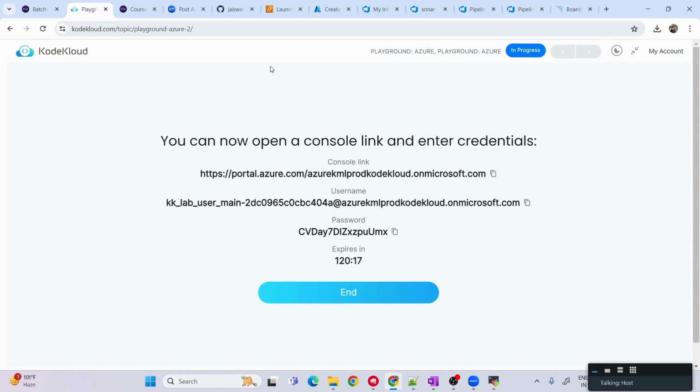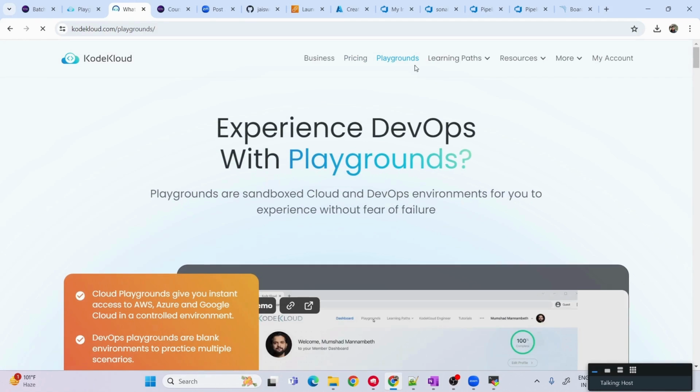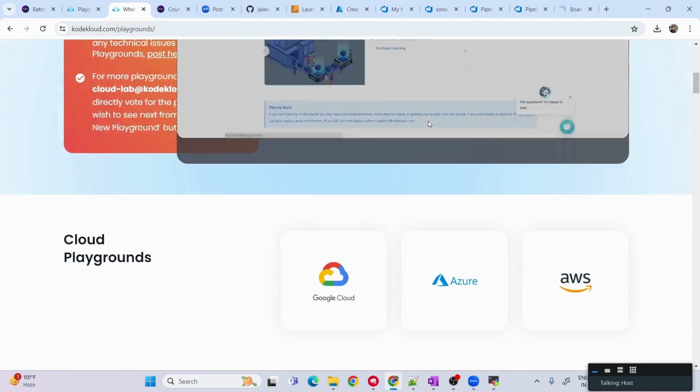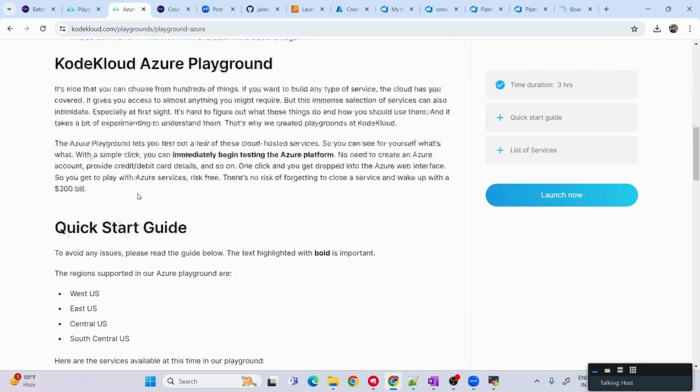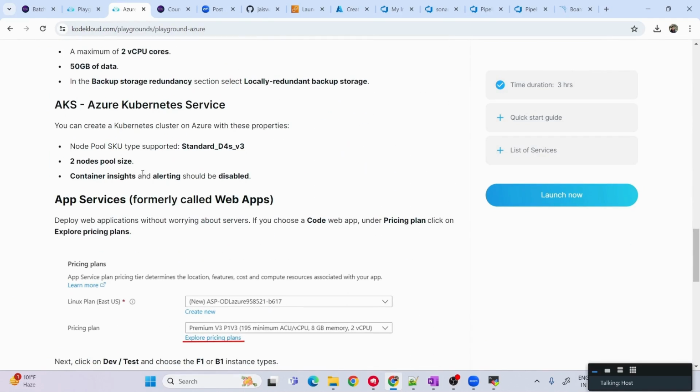And basically there are a lot of limitations there actually. So I try to use lower resources so that I do not get any kind of issues. And resources that we need to look for, yeah, these 3 points we need to make sure that we are remembering. That means we should be taking the node pool size should be